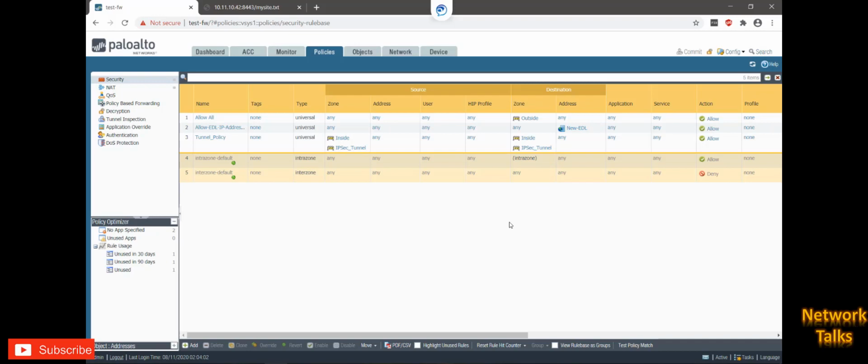So the benefit of the EDL is like, if you have some policies and you want to block the unwanted IP addresses or blacklisted IP addresses, and you're getting the IP addresses very frequently, so you can't add objects every time on the firewall and commit the changes every time. So the best way is to configure the EDL. So every time if there are addition of the blacklisted IP addresses, you can add the IP addresses under text file available on the web server. So those entries will get updated or automatically fetched towards firewall, and firewall will take required actions as per the policy set.